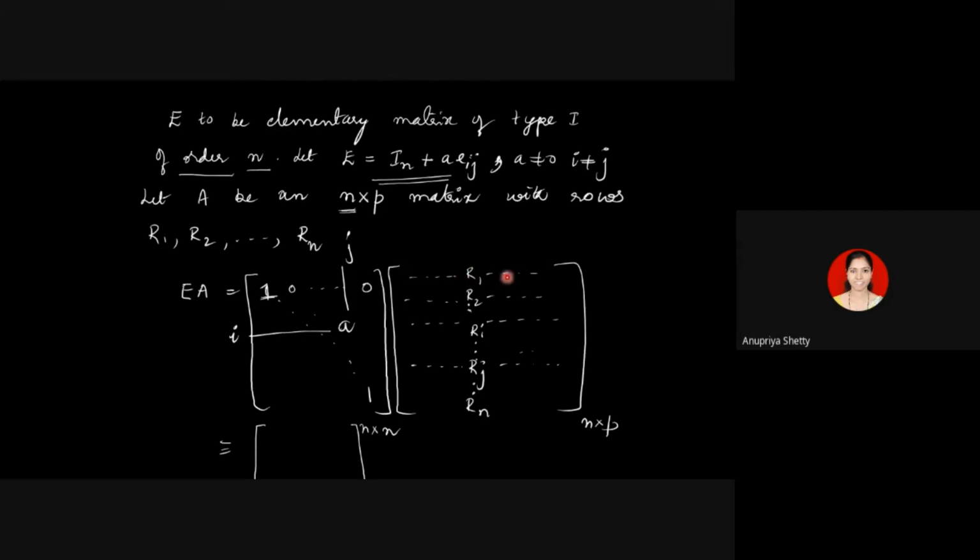Whatever entry is there in R1, the same entries will appear in the product also, because the entries from the other rows will be getting multiplied with zeros. 1 into the first entry, plus 0 into the second entry, plus 0 into the third entry, and so on, column wise. So every time this 1 gets multiplied with the entry from the 1/1 position, the 1/2 position, and the 1/3 position. So what I get back is R1 itself.